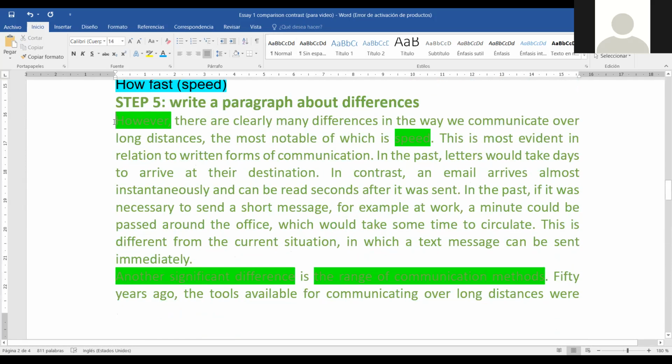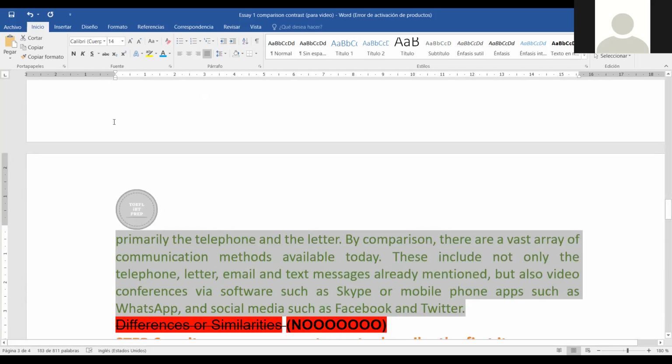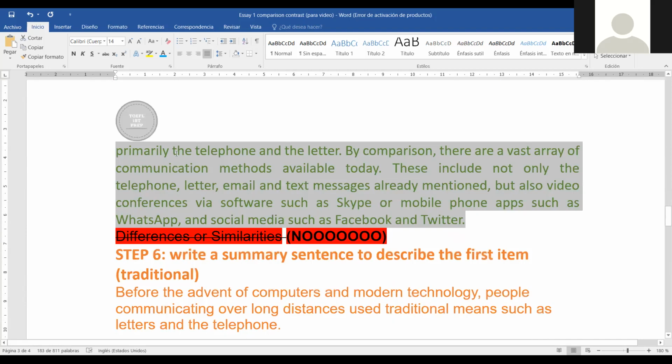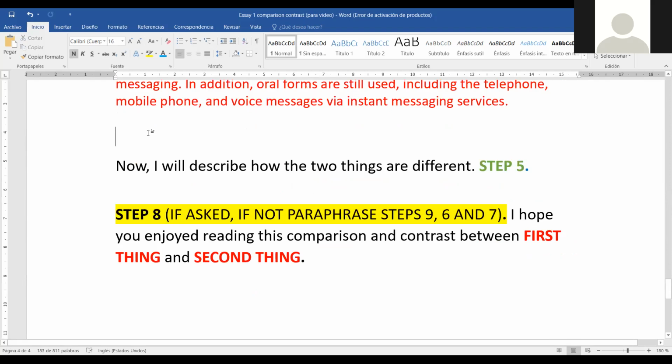And remember, supposedly it should be one paragraph if you want to do one similarity, one difference. That's what I suggest for the first time, but I decided to put two to also try to show you that this is not a very robotic thing where you will have to write only one. So I have two here, simply paste them.